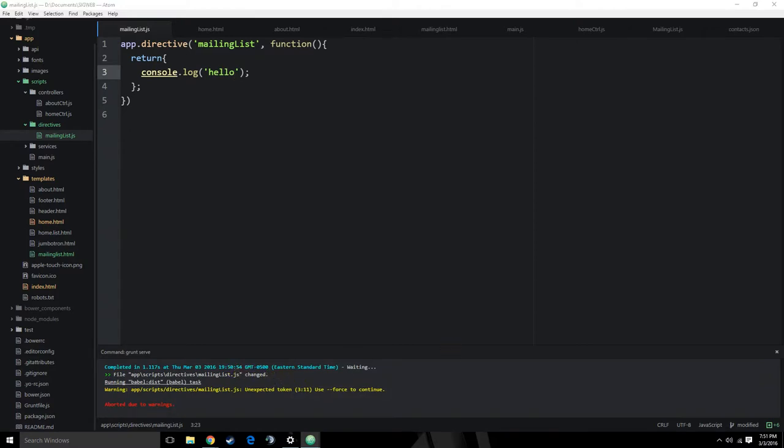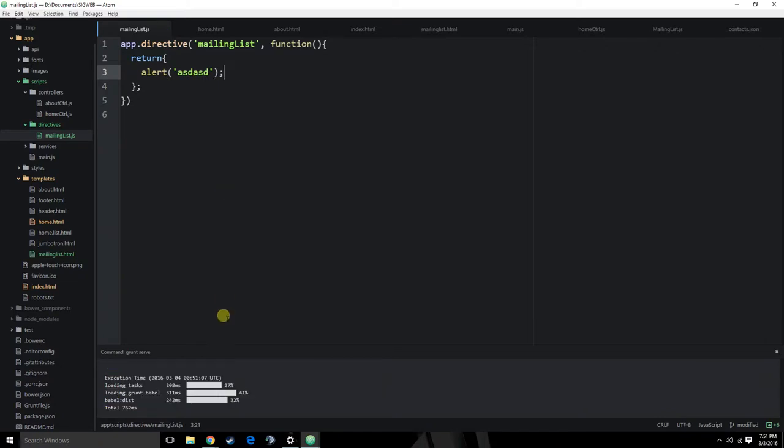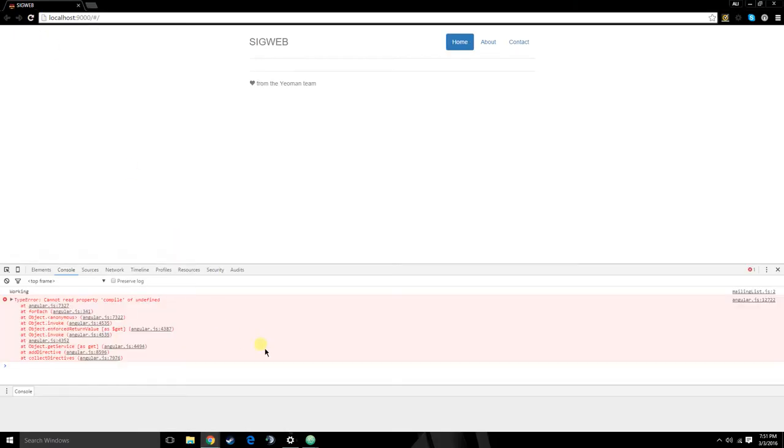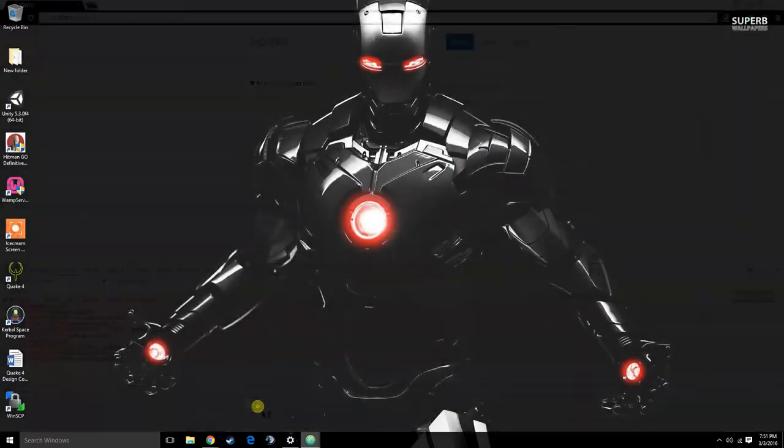It's weird. Return. I mean, should we do alert? Maybe it doesn't do... It's weird. Okay, maybe we have to do some restrict, that's why. That will maybe be the only way that it's going to work. It doesn't even compile. Okay. Alright, so